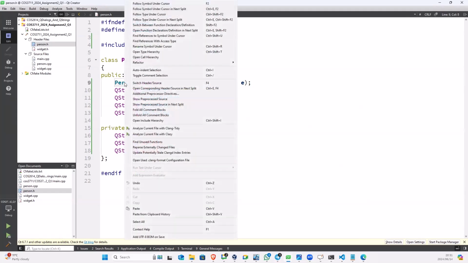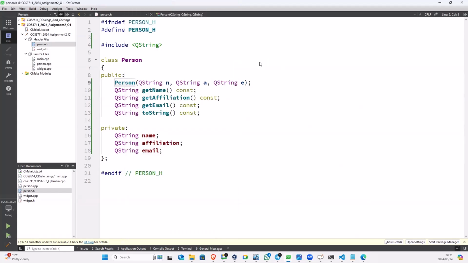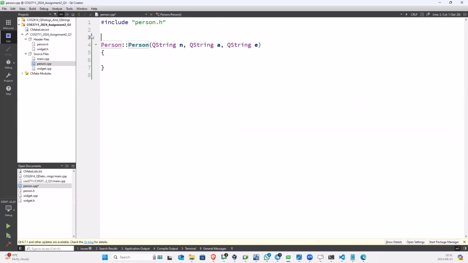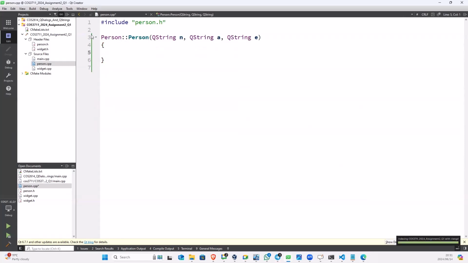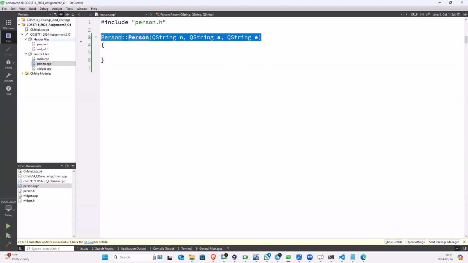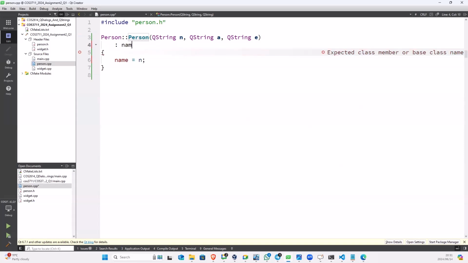You can go ahead and implement your functions. Here you can just right click, refactor, add definition in CPP. So it's going to do the definition for you. I have to delete this one. So now you can go and initialize your data members. You are required and recommended to use initializer lists. An initializer list means you're not going to go name equals n inside your constructor. Instead, you do it here at the function header. So you go name equals n, affiliation